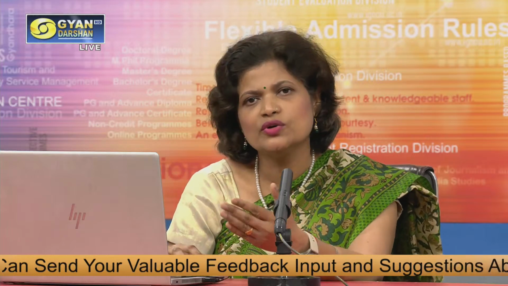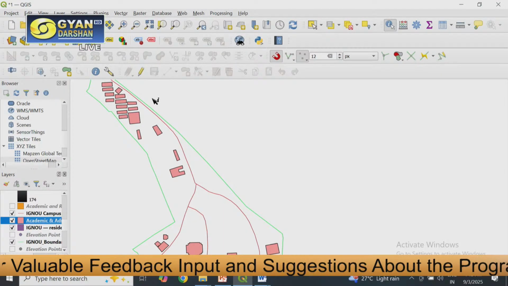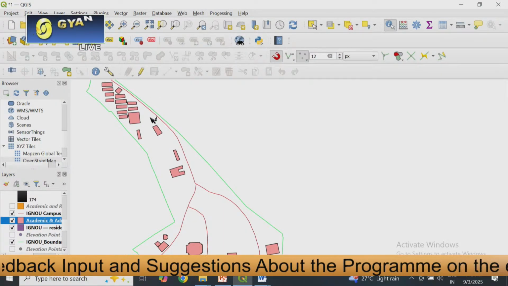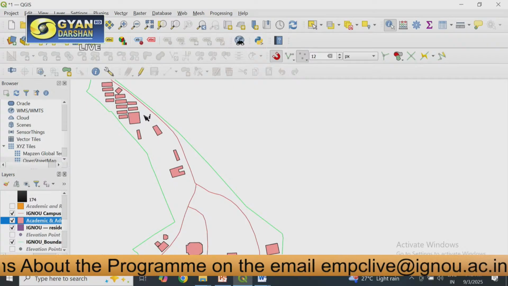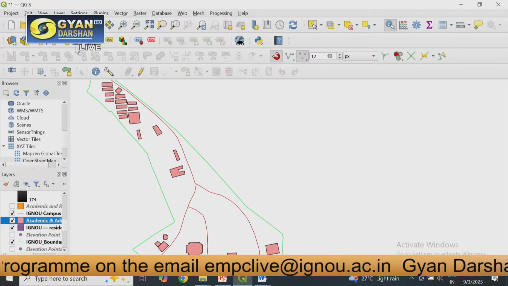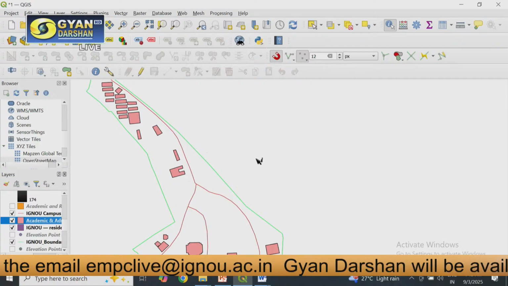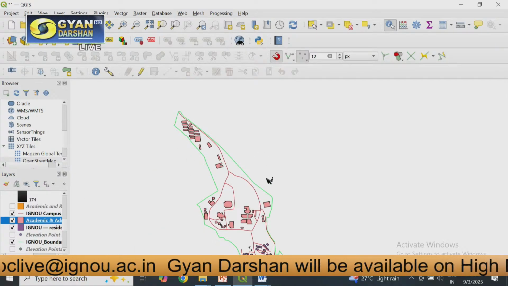As I have told you, you go to Google and type QGIS, and then you will be directed to the software and how to install the software. You take the more stable version and you install the software. Here I have just installed the software and I am opening a file. Like this is an IGNOU